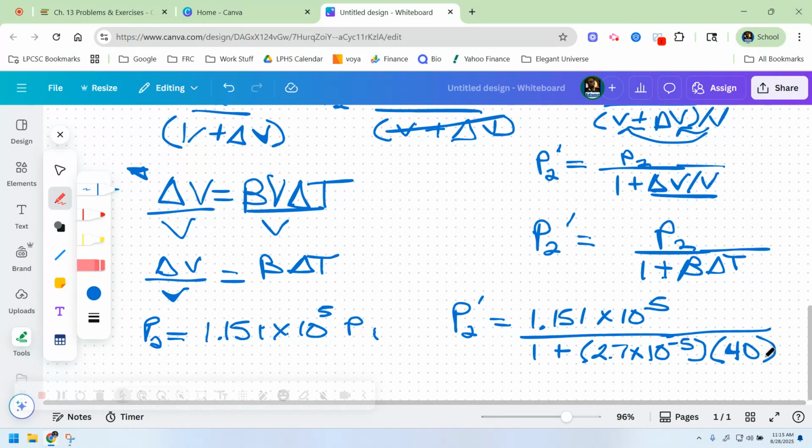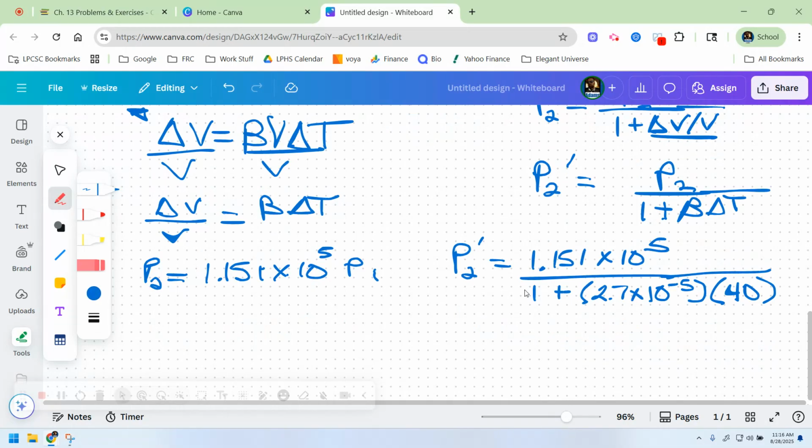Would you change it to Kelvin or no? It's the same either way, right? Yeah, I said that last time, yesterday we were talking about that. If you take 60 minus 20, it's 40. But if you take 333 minus 293, it's still 40, which is a little trick. So anyways, when you do all that,